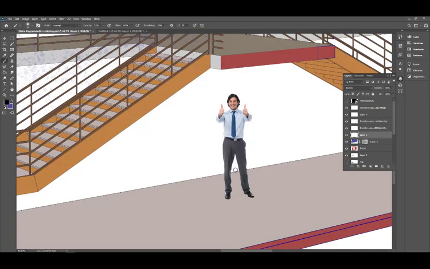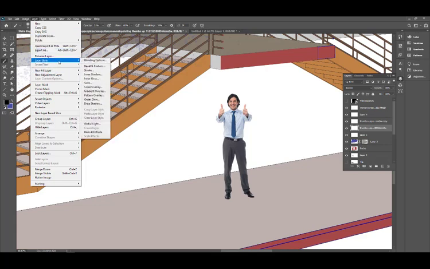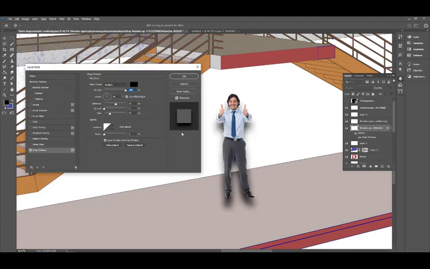Now, adding in shadows really helps with setting the figure into the view. The simplest thing is to add it using a drop shadow. Here that is under the Layer Style menu, under Layer. And there's one that actually just says Drop Shadow. I don't always like the way they look because it drops a shadow behind all parts of their body, which